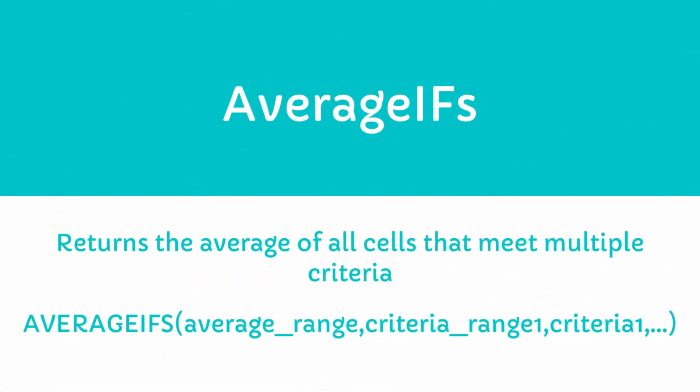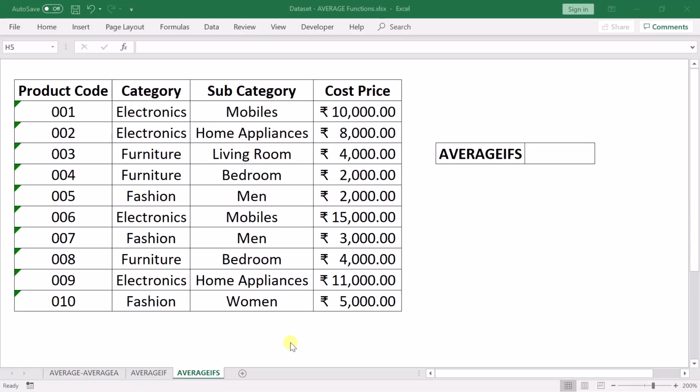The AverageIFS function. It returns the average of all the cells that meet multiple condition criteria. The AverageIFS function is an advanced version of the AverageIF function where it not only calculates the average on the basis of one condition but on multiple conditions. To find out the average of the cost price of all the products where the category is furniture and the subcategory is bedroom, let's enter equal to